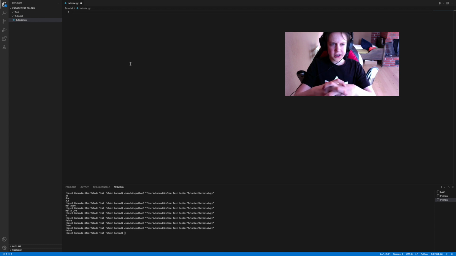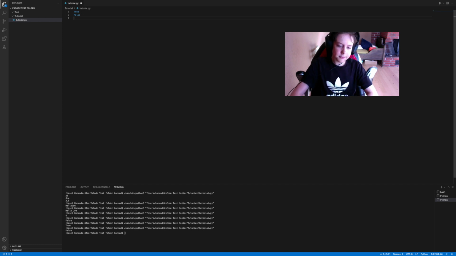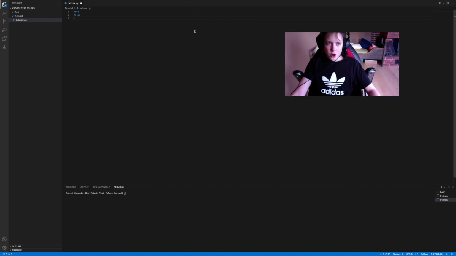To understand chained conditionals, we first need to understand Boolean values. Boolean values are just two things. It's a value that's either true or false. That's it. A way we can use these Boolean values